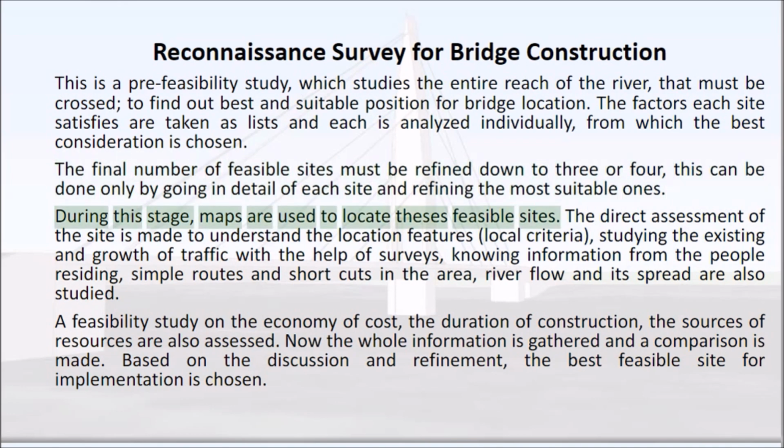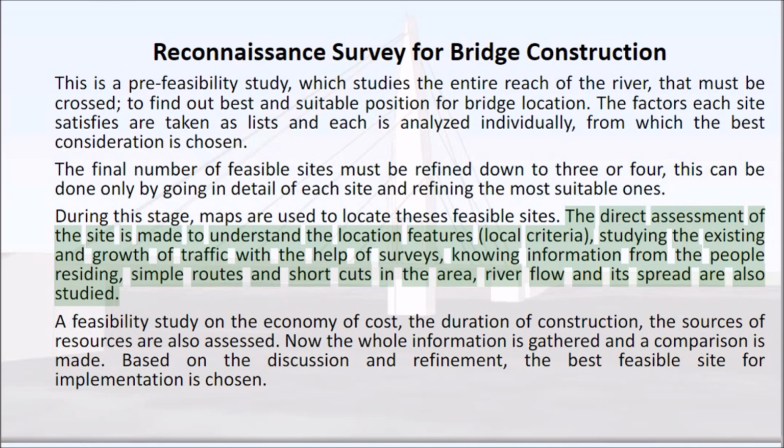During this stage, maps are used to locate these feasible sites. A direct assessment of the site is made to understand the location features and local criteria, studying the existing and growth of traffic with the help of surveys, information from the people residing there, simple routes and shortcuts in the area.